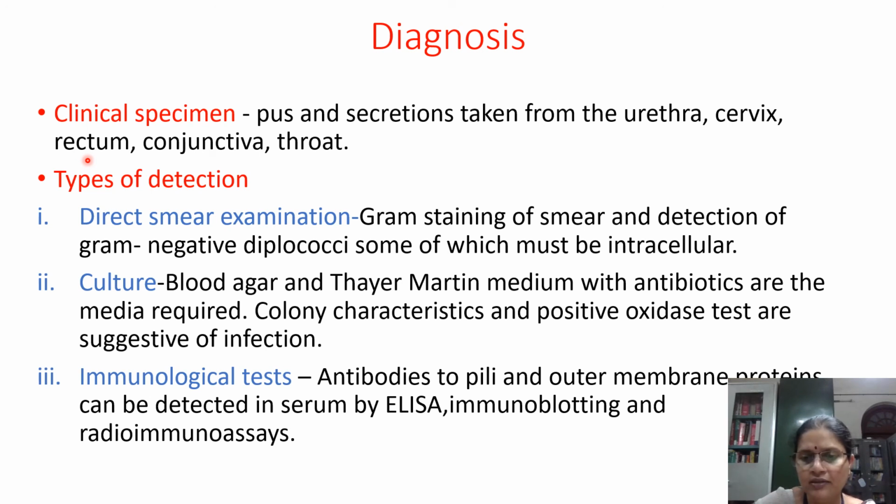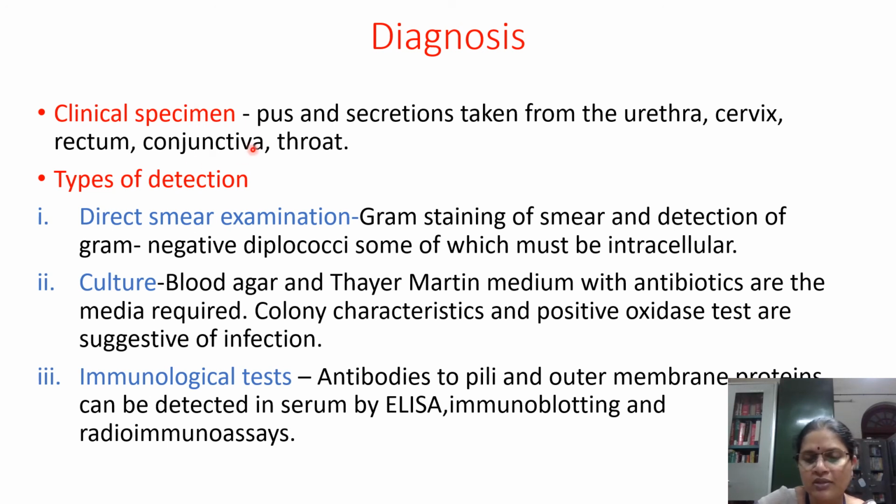This is needed if the person is having anal sex, then rectal samples should be taken, or you have to take throat samples. Sometimes throat infection, very rarely it happens, occurs when the person is having oral sex. So only if this has happened, rectal swabs or throat swabs can be used for diagnosis.